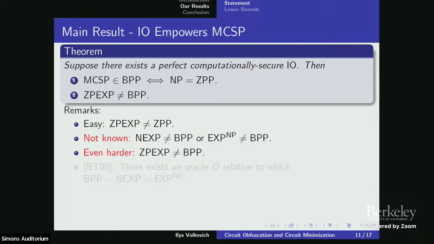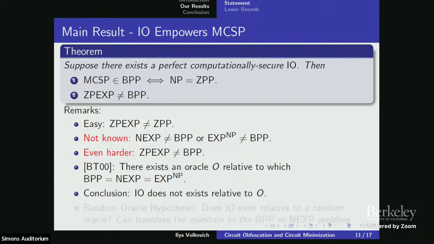And from that, there is perhaps one reason why it's been so hard. There is an oracle under which all those classes, BPP, NEXP, everything we're trying to separate, are equal. If you plug it back, you don't get something new, but I think it's interesting: relative to that oracle, we don't have an IO. So that's not a new result. Of course, you could tell me to pick any pathological oracle under which you wouldn't have an IO, but I think it's a nice connection. So you can exclude IO by looking at an oracle which collapses some complexity classes.